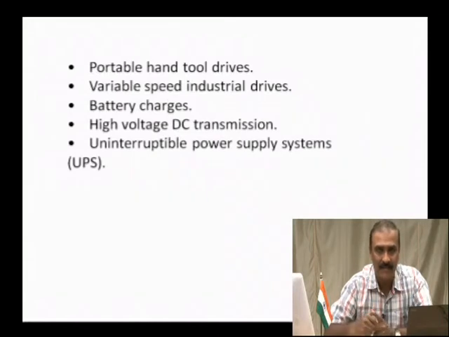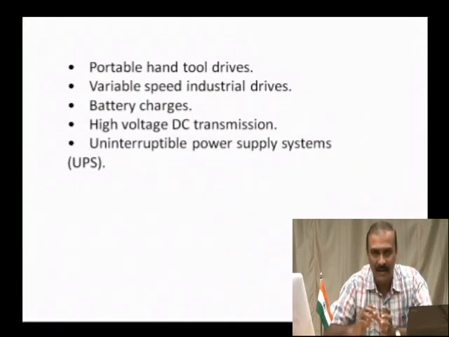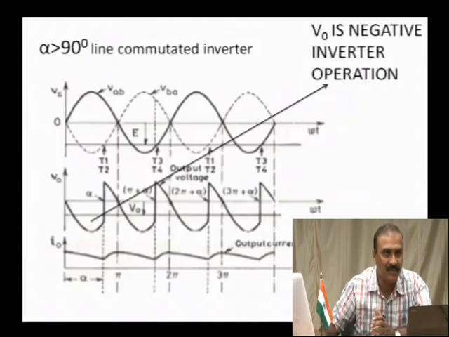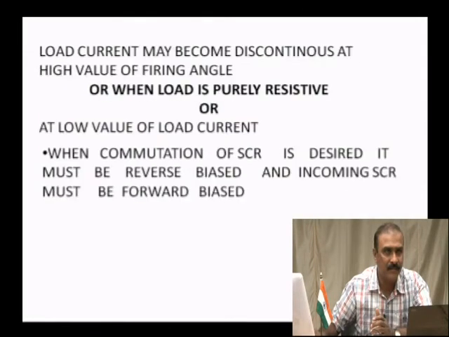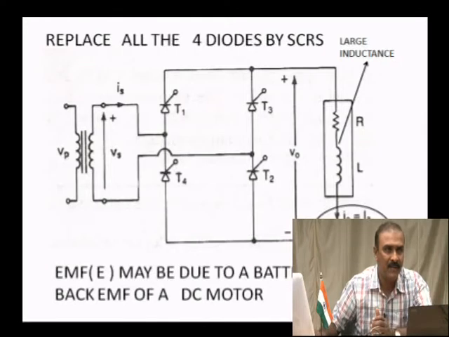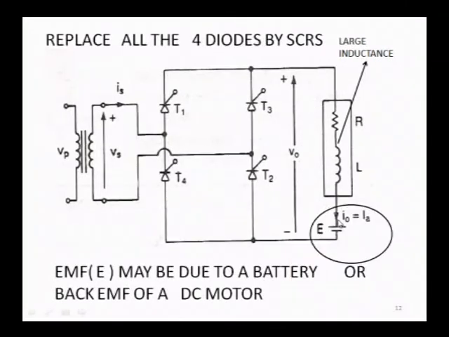But due to the advent of these thyristor power controls, you can make a motor run as a generator. When you look at the circuit, this is very important to understand. When you replace this with a DC motor, the motor takes current from the supply and runs, which is quite obvious. So the motor receives power and runs as a motor.